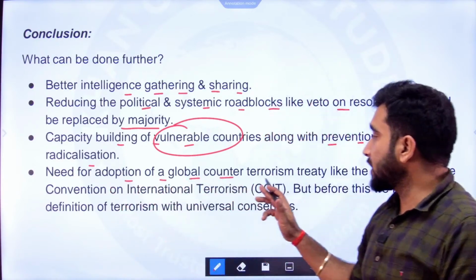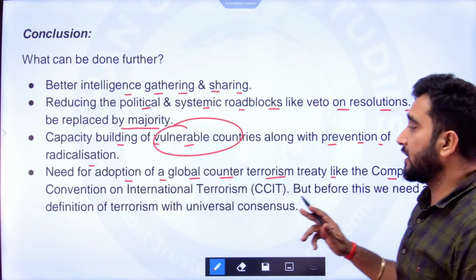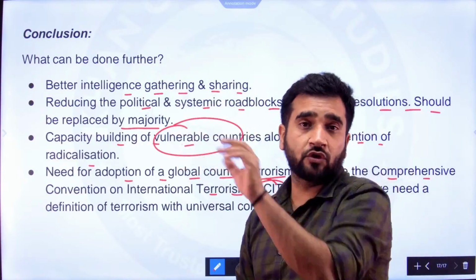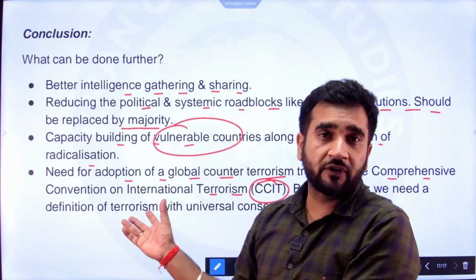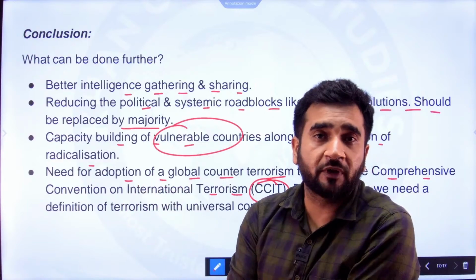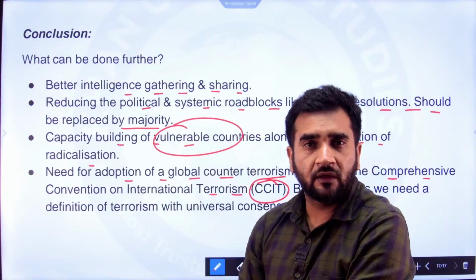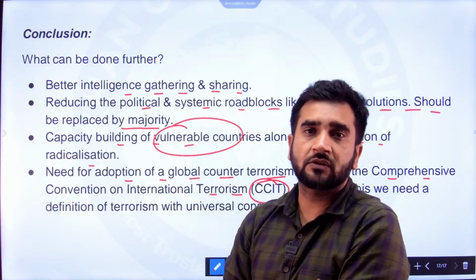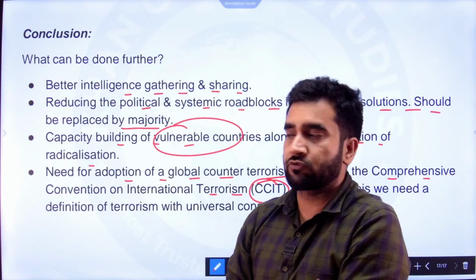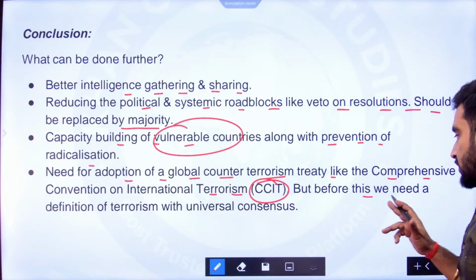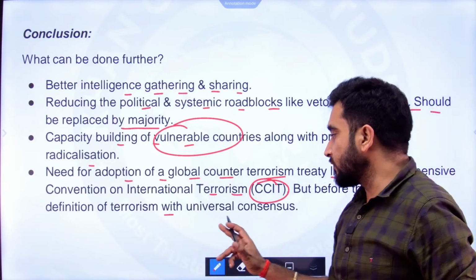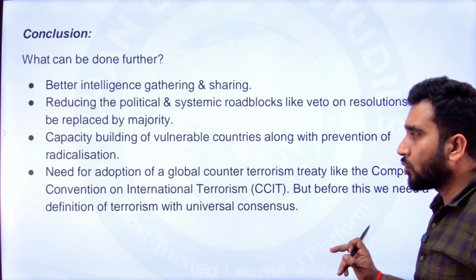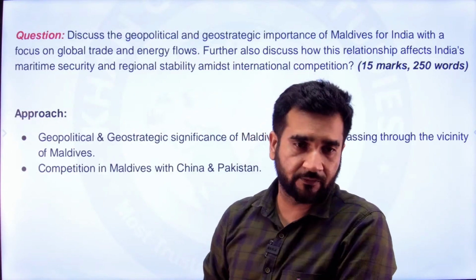Need for adoption of a global counter-terrorism treaty like Comprehensive Convention on International Terrorism (CCIT). ये इंडिया ने टेबल किया था 1996 में इन यूनाइटेड नेशंस कि भाई वी नीड अ ग्लोबल ट्रीटी, बट दिस ट्रीटी वाज नॉट अडॉप्टेड। व्हाई? बिकॉज डेफिनेशन नहीं, हु इज अ टेररिस्ट, यहां पे सारी कहानी अटक जाती। सो दिस इज व्हाट वी नीड टू अंडरस्टैंड विद रिस्पेक्ट टू दिस क्वेश्चन, और ये सारी चीजें होनी चाहिए। बिफोर दिस वी नीड डेफिनेशन ऑफ टेररिज्म विद यूनिवर्सल कंसेंसस। ये चीजें हो जाएंगी, कुछ सुधार हो सकता है इन दिस डोमेन।